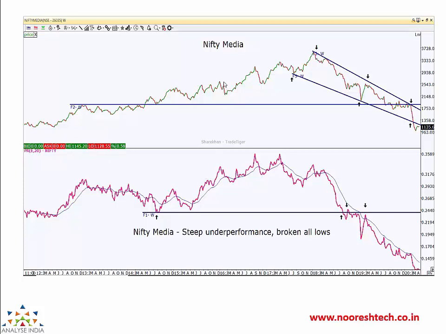In a similar fashion, Nifty Media made another breakout in the year 2015, went up to new highs. Also, the ratio chart made a new high. However, for the next two highs in the Nifty Media chart, which is this and this, the ratio chart did not make the same highs and made a high which was lower than the previous high, which showed a triple negative divergence between Nifty Media and the Nifty Media ratio chart. What followed afterwards was a significant downtrend in the Nifty Media as well as the ratio chart.